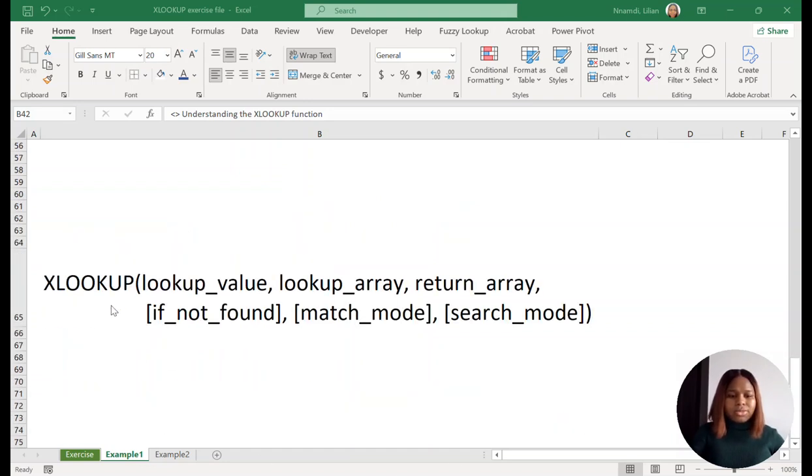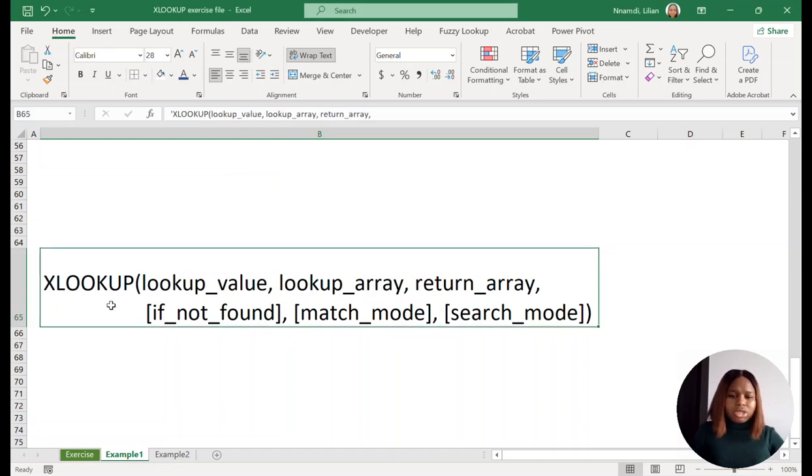function. So the XLOOKUP function consists of 6 parameters. The first 3 parameters, which are the lookup value, the lookup array, and the return array, are required, but the last 3 parameters, which are if not found, match mode, and search mode, are optional. So now let's look at an example, and then based on the example, we would explain all the parameters in